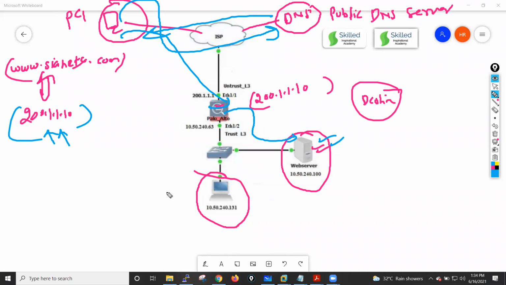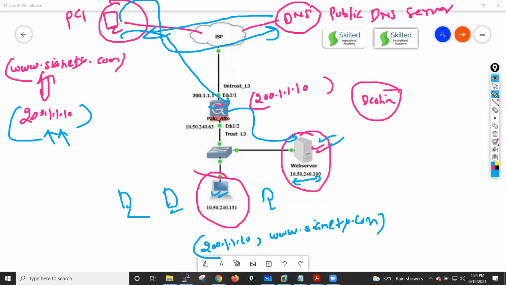But now we do have a few inside users, right? If this user who is sitting here also wants to access this particular server, he has two ways. Either he can access it directly by putting the private IP address, or he can put the public IP address, or maybe the URL of that particular website, which is crnets.com. When he puts the public IP address or this URL, this particular user will face an issue. What happens in that case?